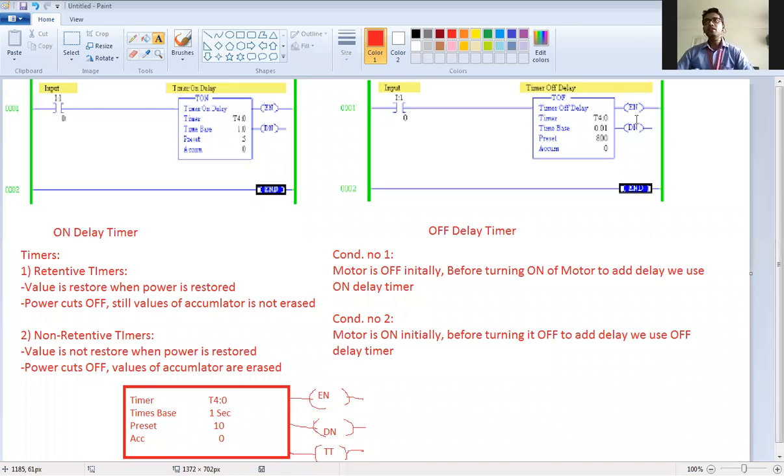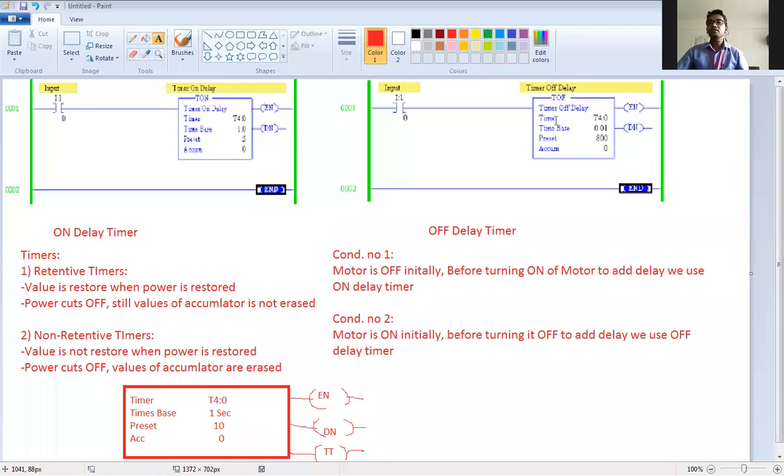Off delay timer is the same, but the most major difference between this on delay timer and off delay timer is only this done bit, the done bit that you check here. See here, preset value is 200. As soon as this button is pressed, what will happen?